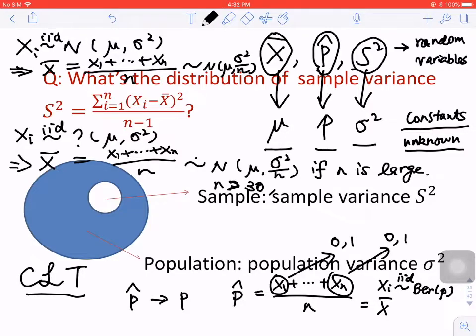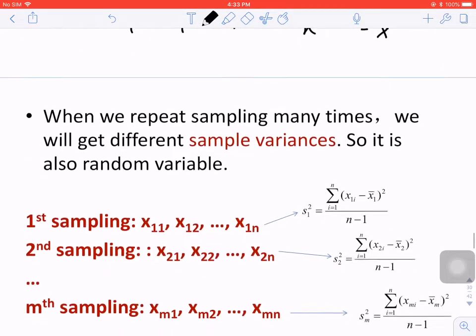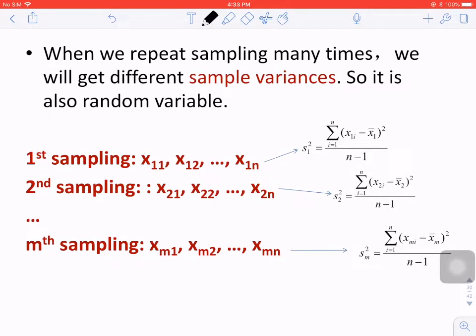After this, we're going to talk about this sample variance S square. We're going to use this S square to estimate the population variance sigma square. Like we did before, we're going to do experiments or samplings. So in the first experiment, just imagine you are rolling a fair die, or let's say it's fair. We're rolling this die n times, so n, say, is equal to 10. I'm rolling this die 10 times, so I'm going to have 10